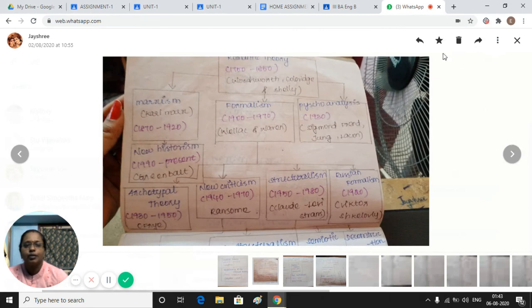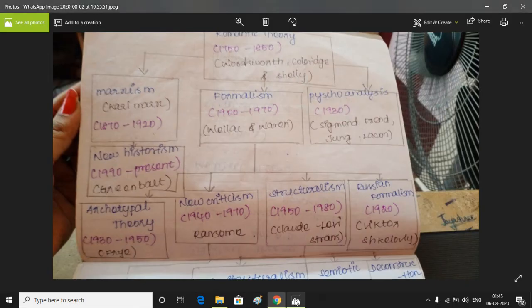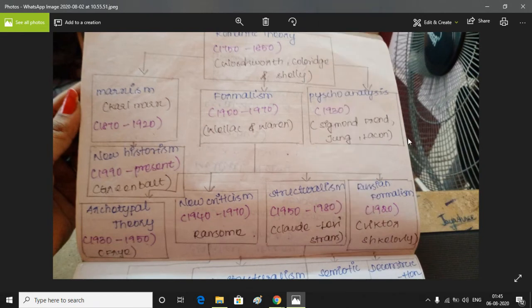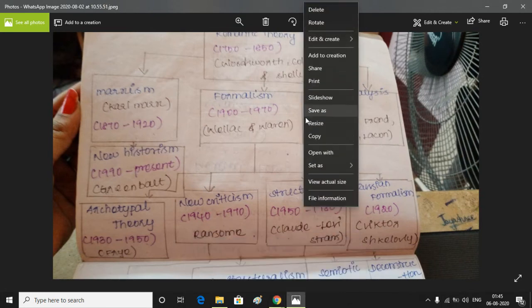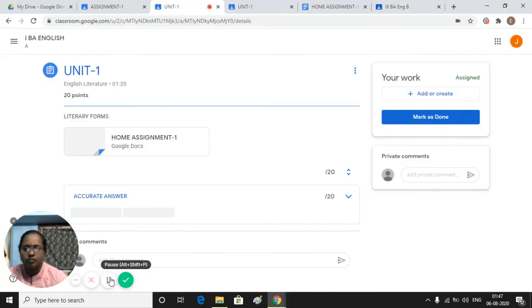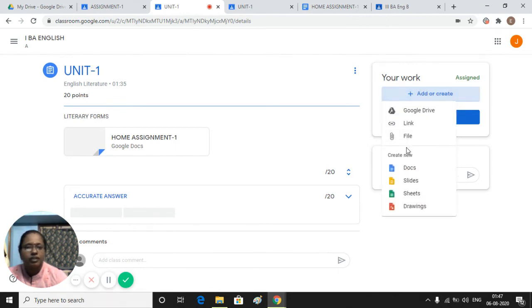Then ask them to download the photo. If the student has already taken a photo, that also can be uploaded. That photo can be uploaded. Even then they can send a file and everything.